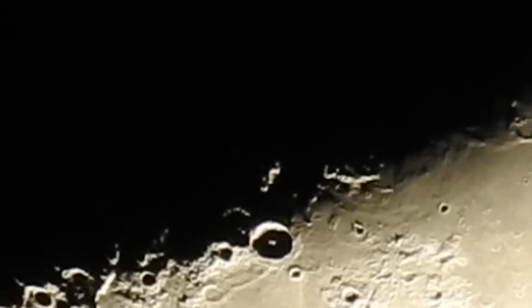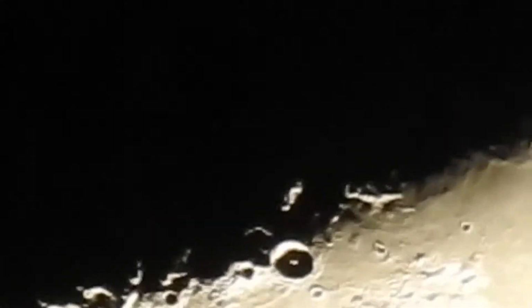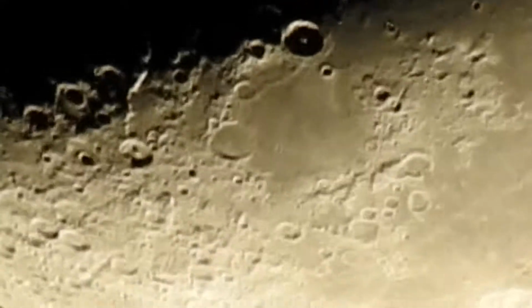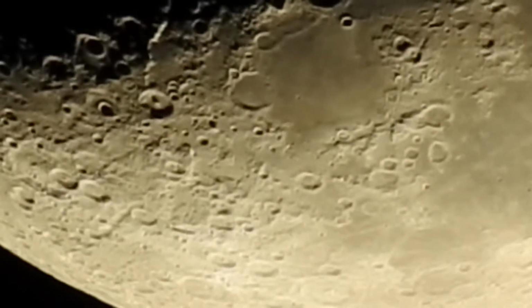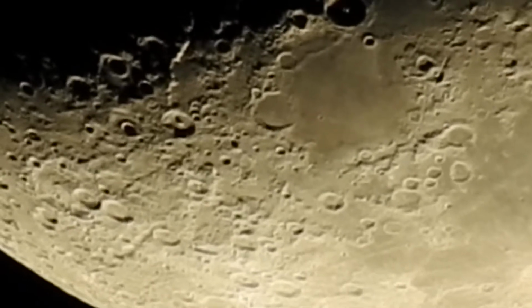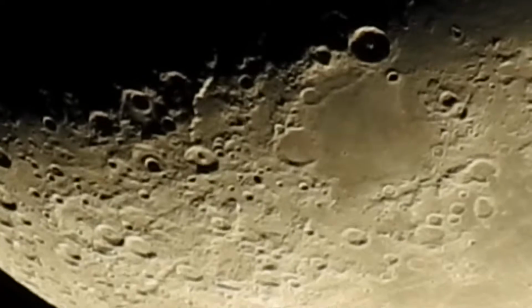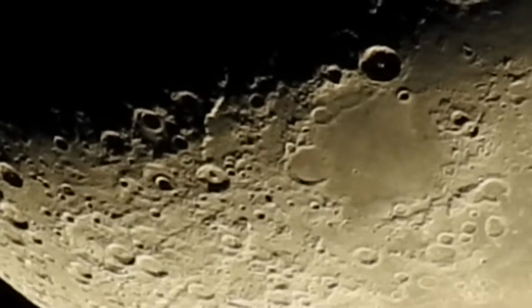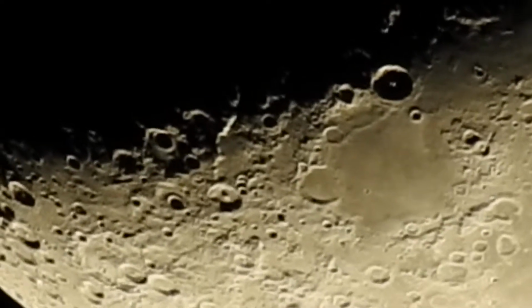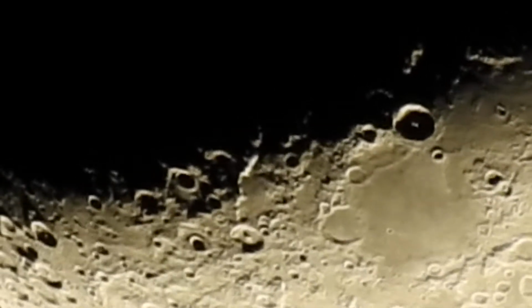Okay, you can see the movement of the moon setting, going below the scope of the P900. Bring it up a tad here. We'll watch it set a little more. It's on its setting, but I want everyone to notice the edge of the crescent moon and the craters,